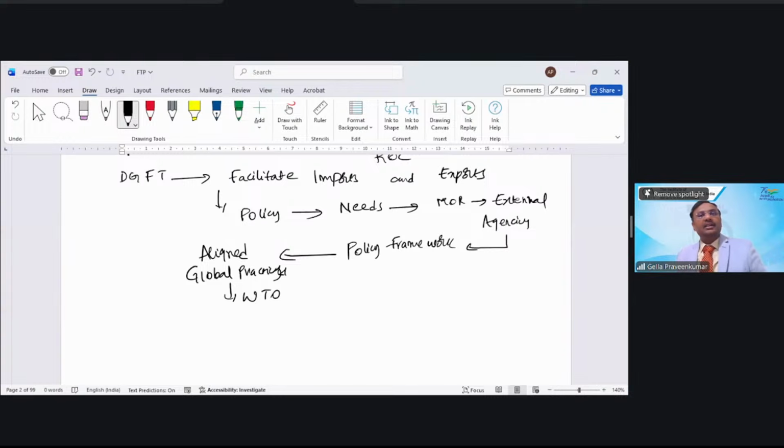So here, the role of DGFT is just not to give an IEC number,